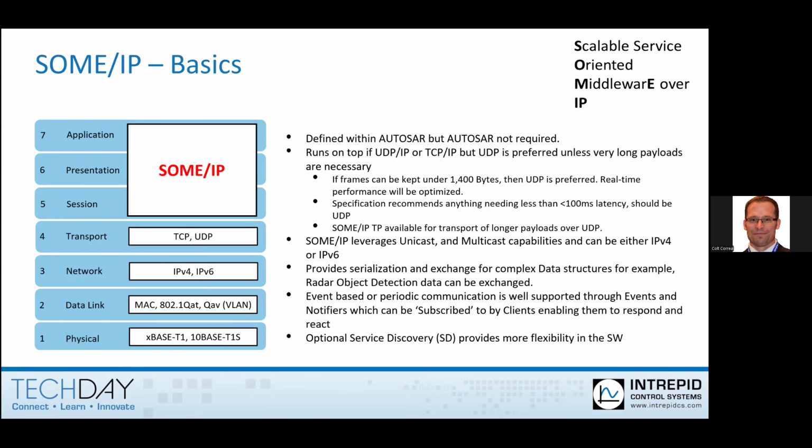They were never really designed for complex data structures to be transferred over a network, and they don't have the speed or the bandwidth necessary for that. So in comes SOME/IP on top of Ethernet, and also on top of Internet Protocol, to give us a lot more capabilities in what we can transfer from a complexity standpoint, and also, because we're using Ethernet, from a bandwidth standpoint relative to legacy networks like CAN and FlexRay.